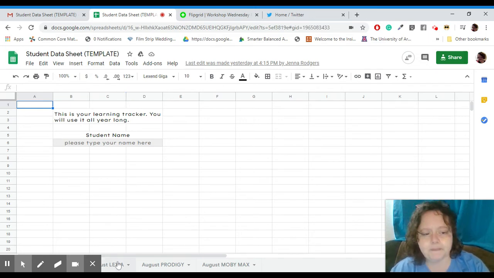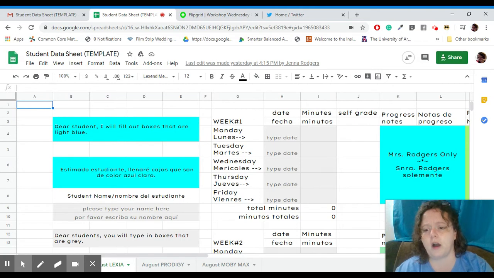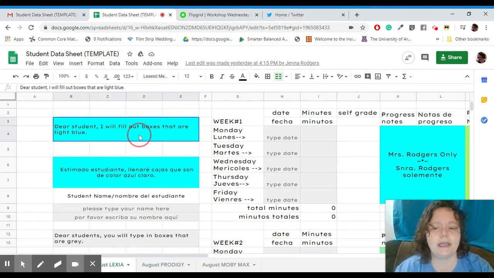Here's the tracker. And this is for the month of August. I have put in English and Espanol